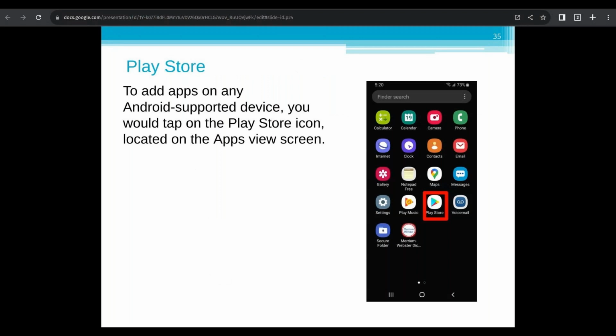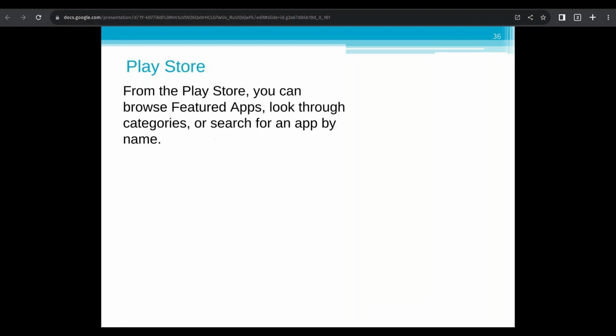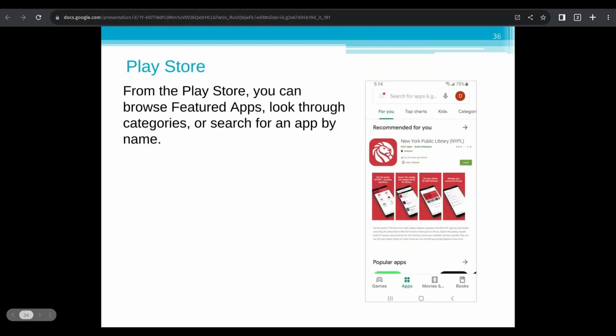And so to download any new apps, you'll want to go to this Play Store. It's got kind of like this triangle on it, and that is where you go to search and find apps to download. So if you click on that app, it's going to kind of pop up like this. There's going to be a general search bar up there